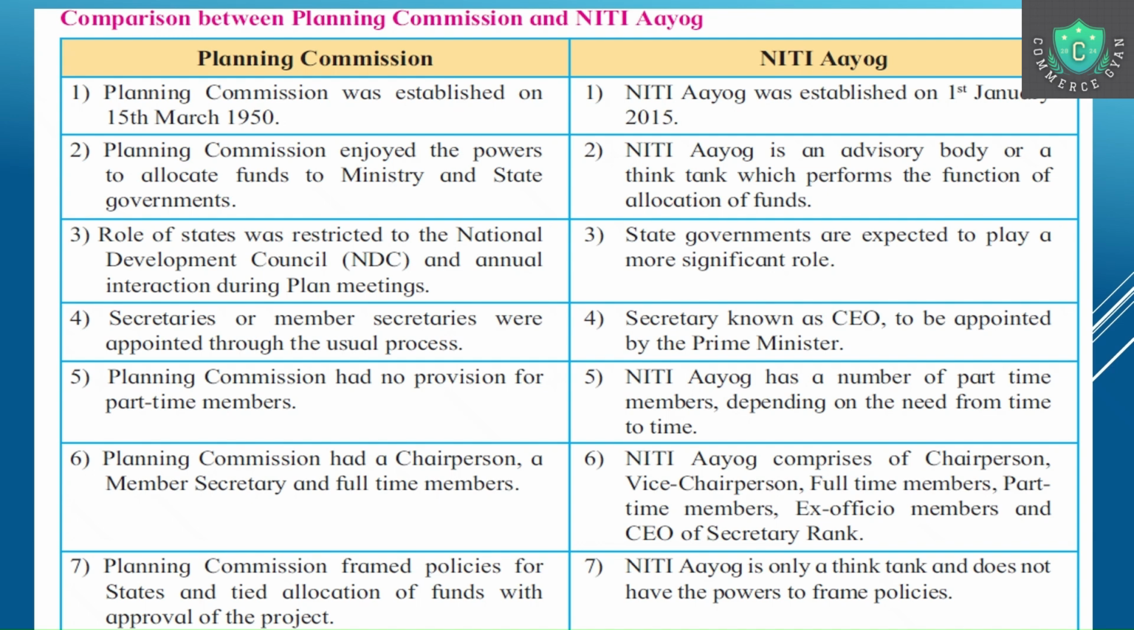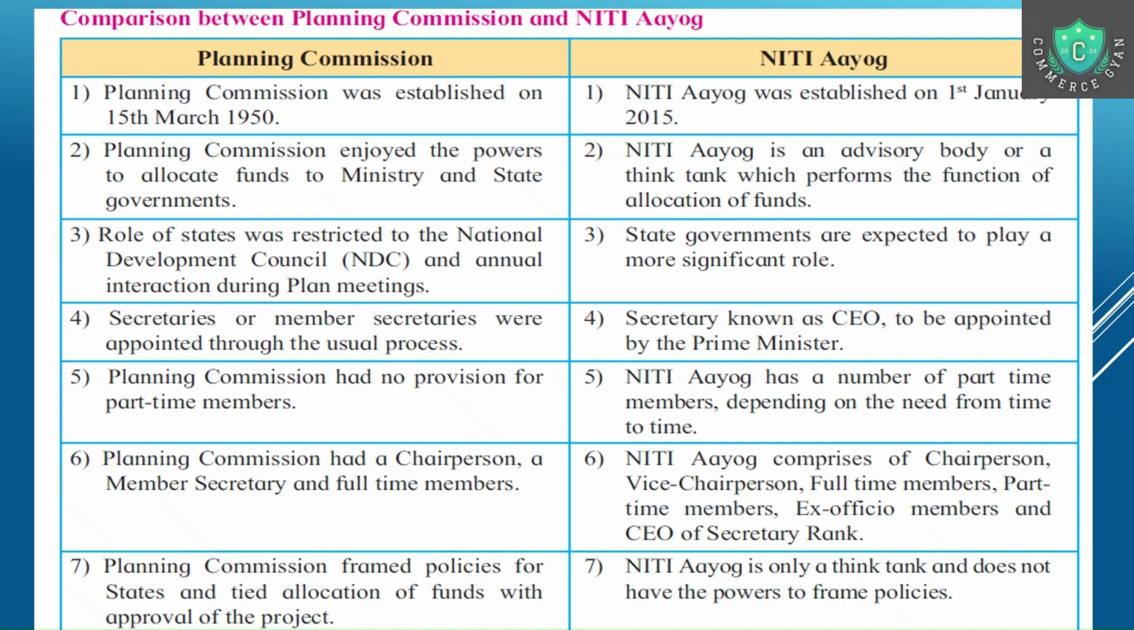In the Planning Commission's case, there was no provision for part-time members. But in the case of NITI Aayog, there were a number of part-time members depending on the need from time to time. Planning Commission had a chairperson, a member secretary, and some full-time members. Whereas NITI Aayog comprised a chairman, vice chairman, full-time members, part-time members, ex-officio members, and a CEO of secretary rank. Okay, so this was the difference in the composition of these two